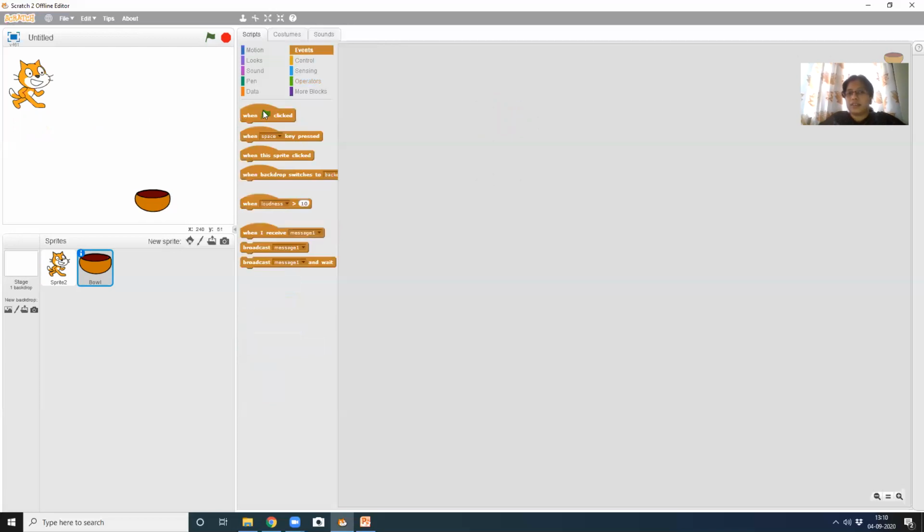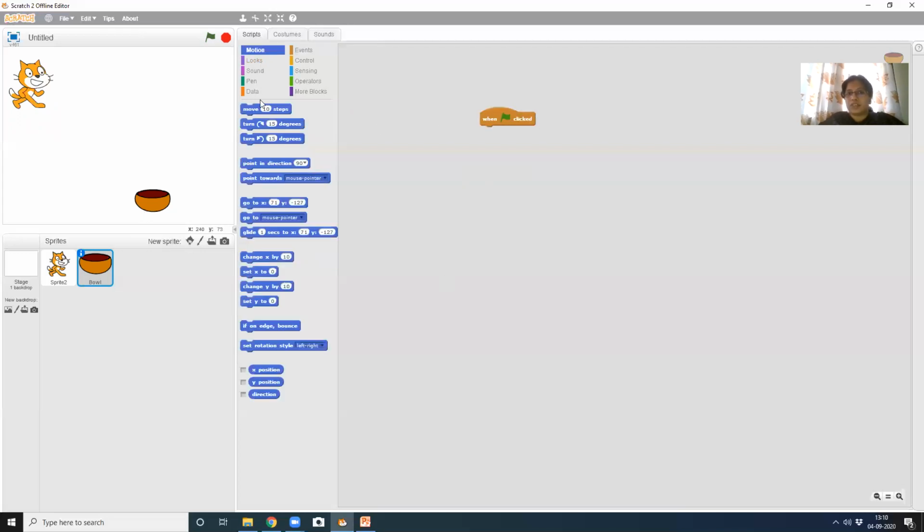Okay, so event. This is my game. I want this cat to reach the bowl. When clicked, okay, then motion. Go 200 steps forward. Then turn 90 degrees. Yes, and then again move 200 steps. I am keeping one more time, right? So now when I click this, it will go forward, turn, and then again take 200 steps. So let's see how our things are working. If there are any changes, we have to do it again.